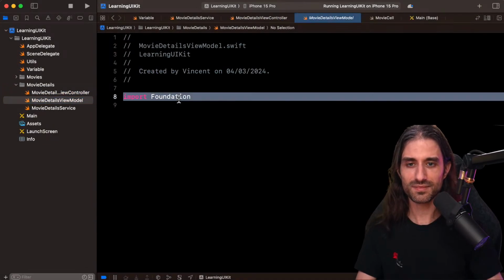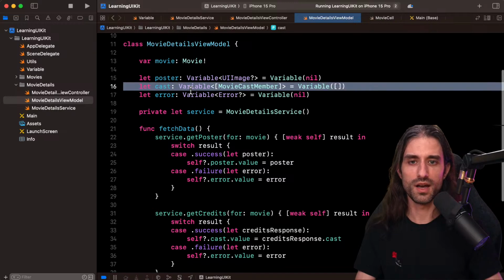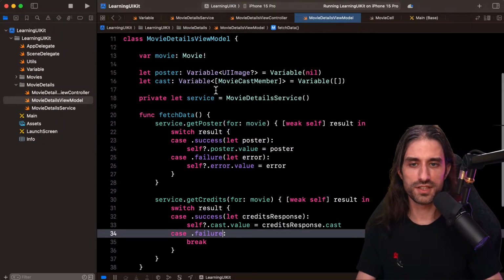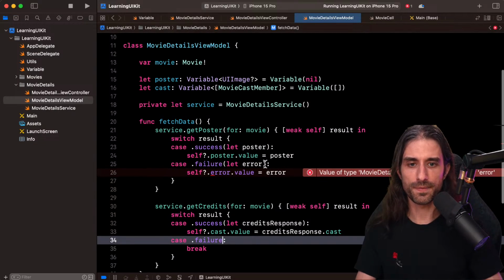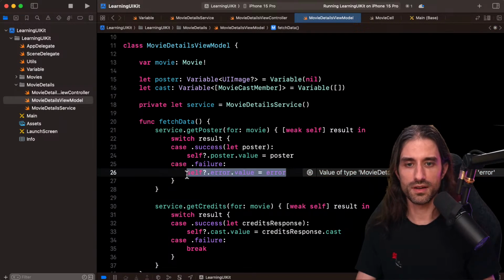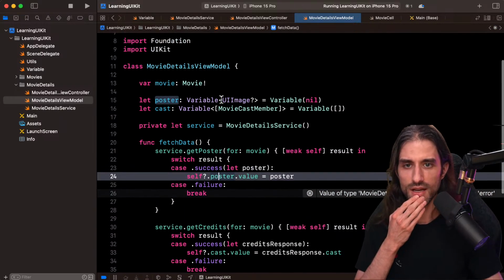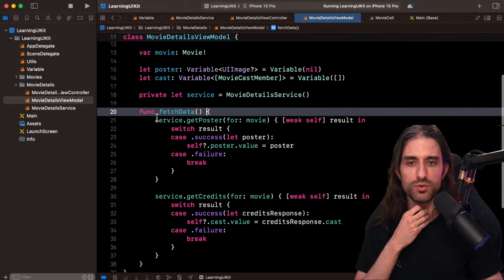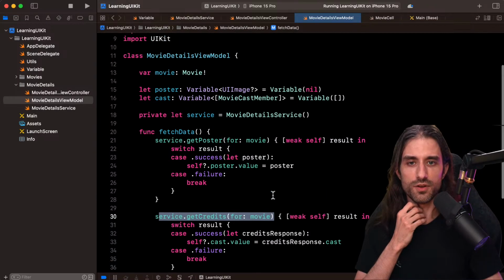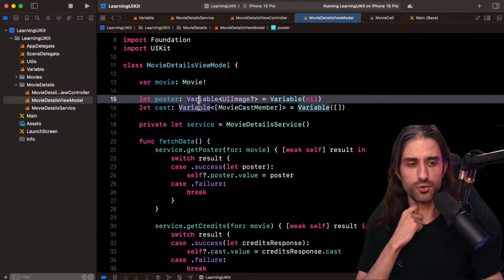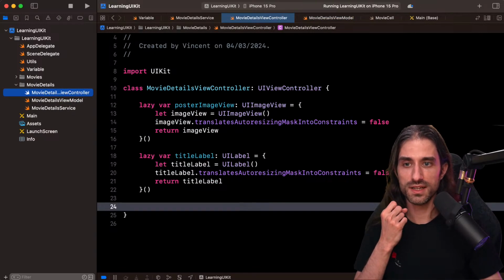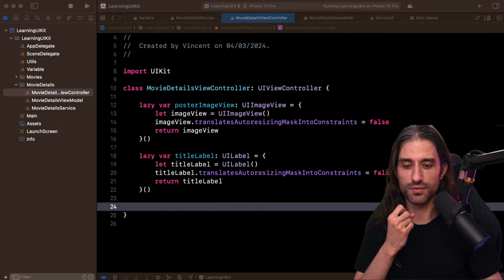All right. So I'm pasting the code. Actually, I'm just going to ignore the error because I'm not using it, and I prefer to explicitly ignore it than just leave this property unused. And so here also ignoring the error case like that. And so you can see the same logic. You need to give it a movie, and then using this movie, it's going to call getPoster for movie and getCredits for movie, and it's going to fill the two variables which we will be able to use in our code.